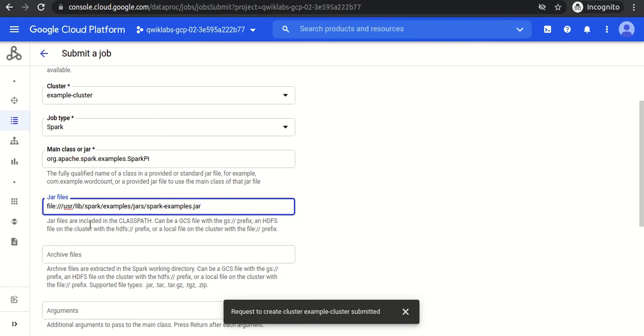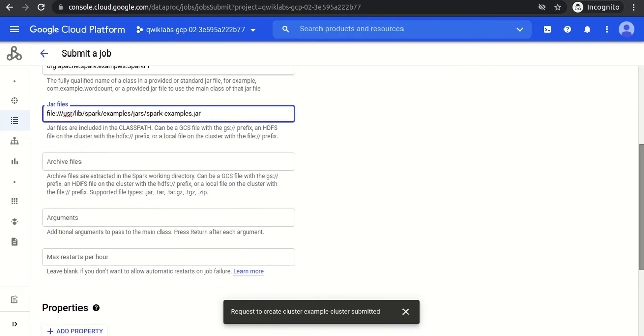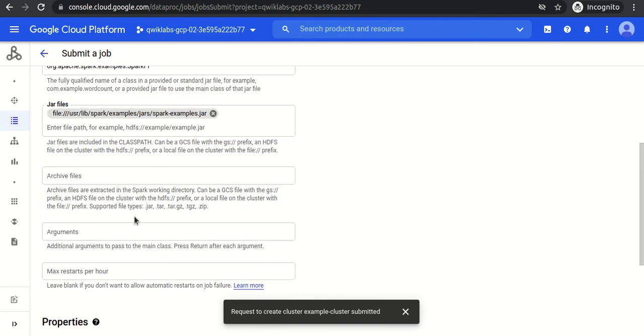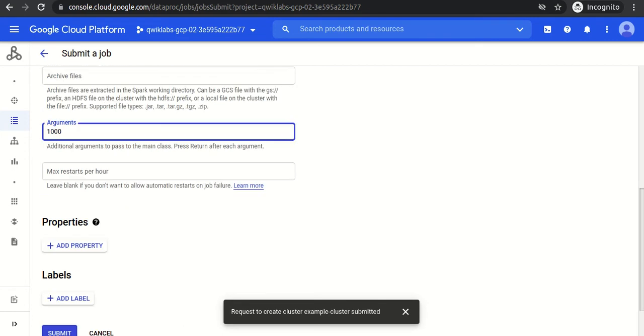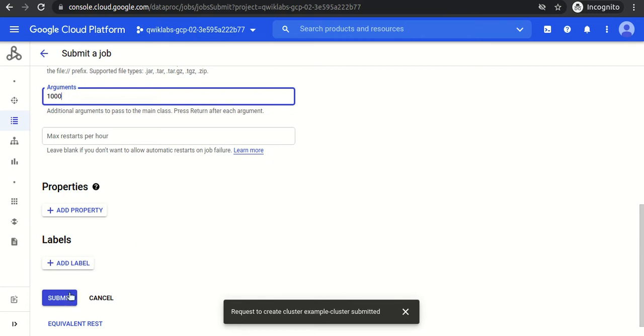Okay, jar files are going to the class path. What is main class or jar files? Okay, in the arguments we have to give 1000, right? Yeah, that's it, and we have to submit the job.